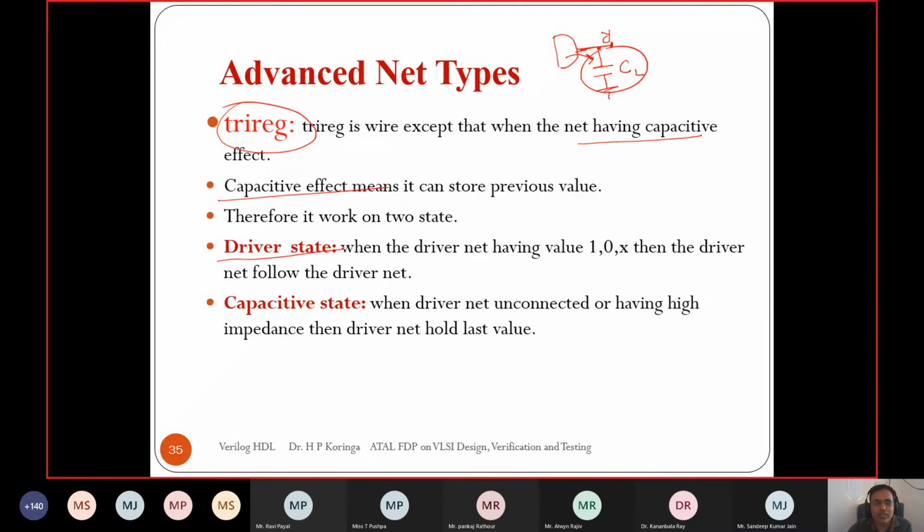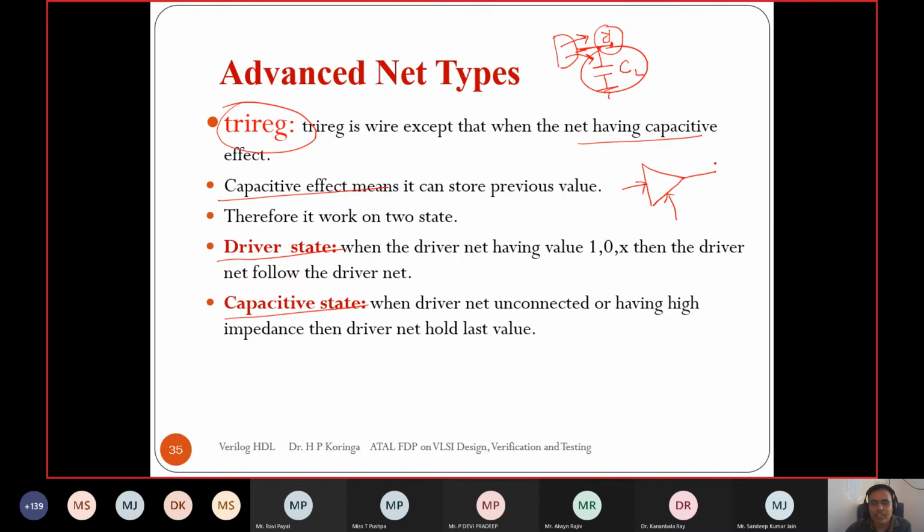There are a driver state and a capacitive state. So in the driver state, when it drives this net, then whatever the output of the logic gate is, is considered. I can make it clearer through the example of a tri-state, right?